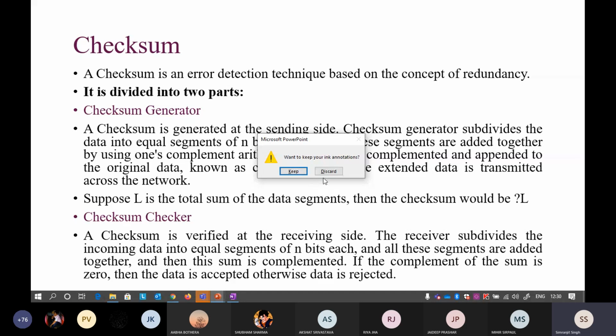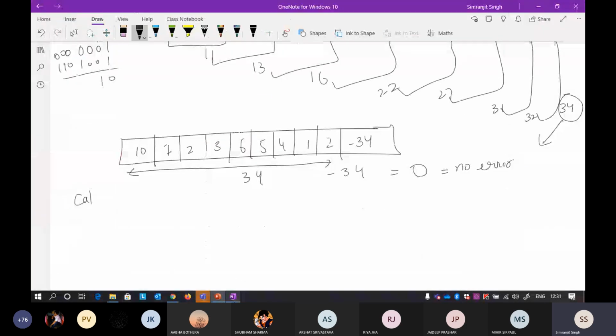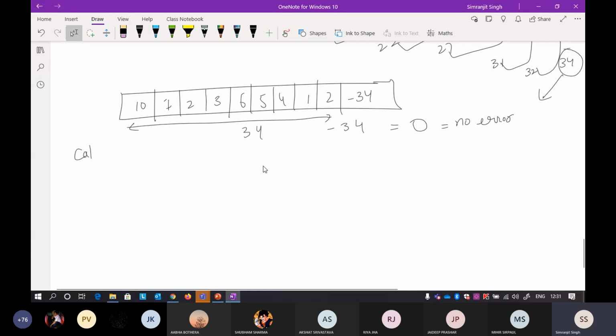One more thing here: I've shown you that you will be thinking it's in binary. Because these numbers will be in binary, it can happen that two 8-bit numbers result in 9 bits. Suppose I take a case like 1 0 0 1 0 0 0 1. So this is an 8-bit number. Then take another one, 1 0 0 0 0 0 0 0.